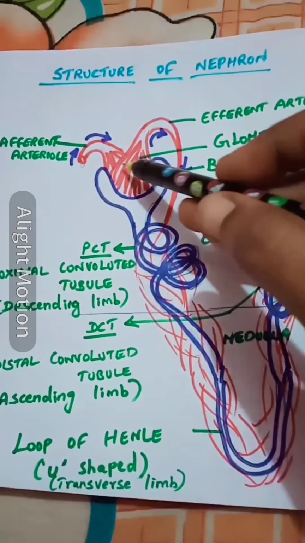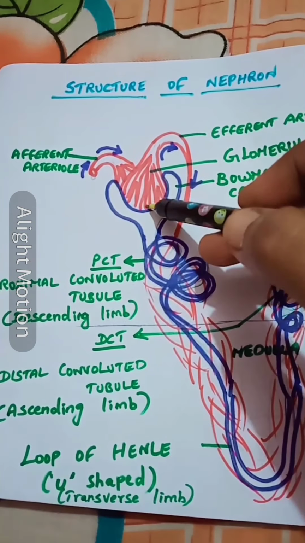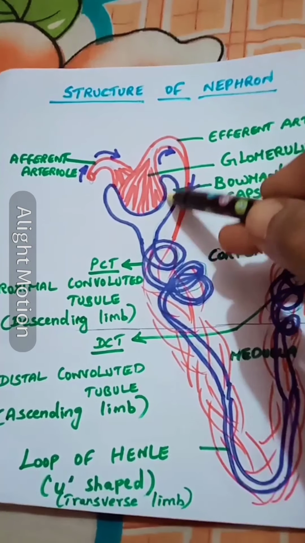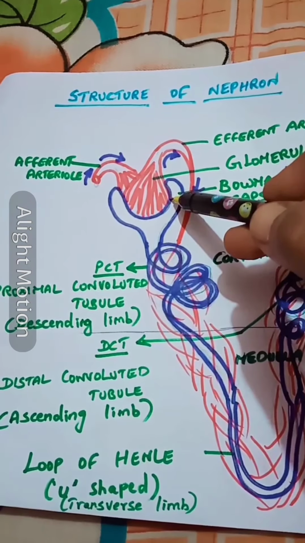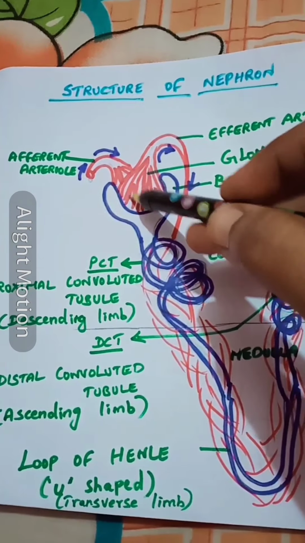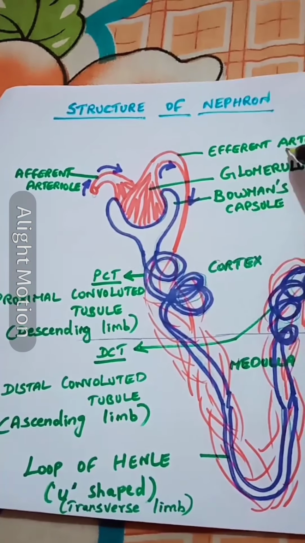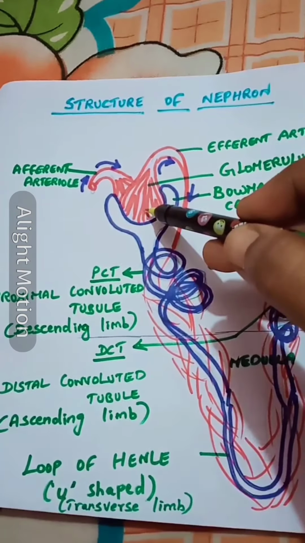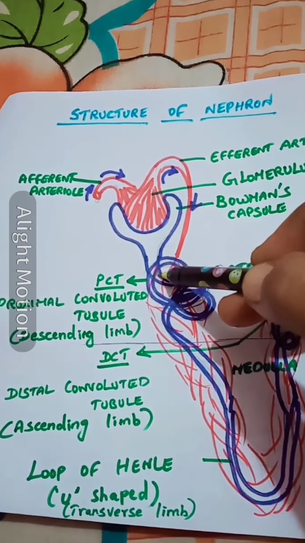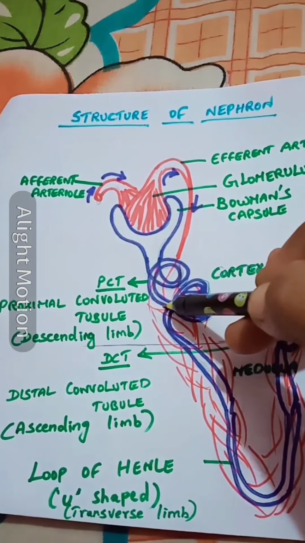The glomerulus brings the blood along with all the impurities. Inside the Bowman's capsule, certain epithelial cells filter the blood. That means they take all the impurities by the process called diffusion, and the pure blood is taken back by the efferent arteriole. After filtration, what we call the filtrate consists of nitrogenous waste like ammonia, urea, uric acid, etc.